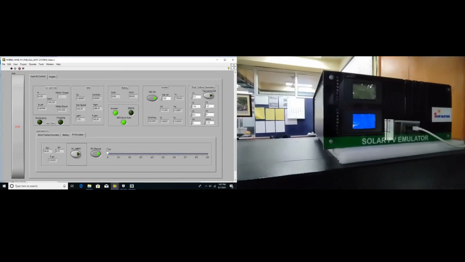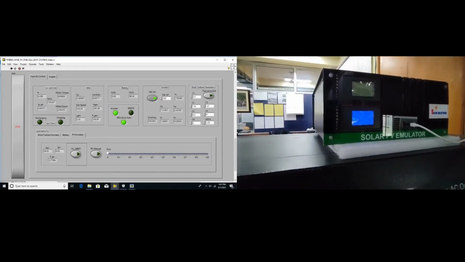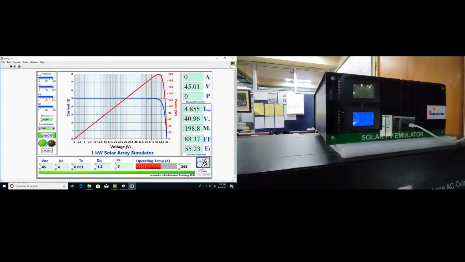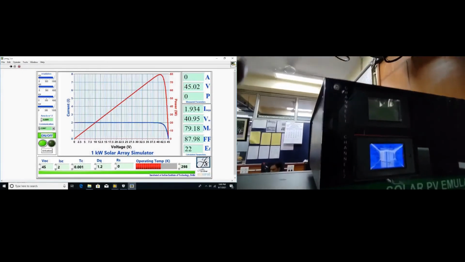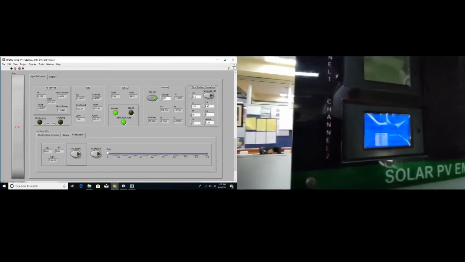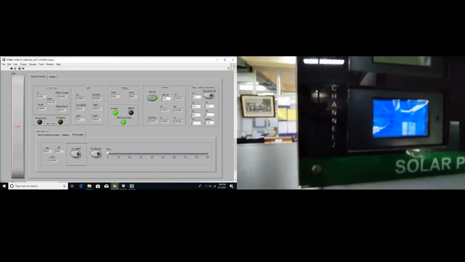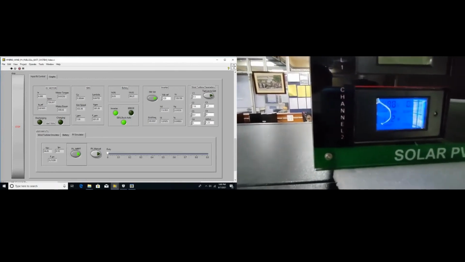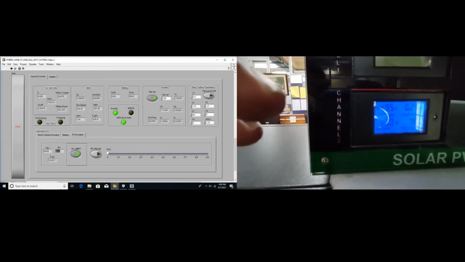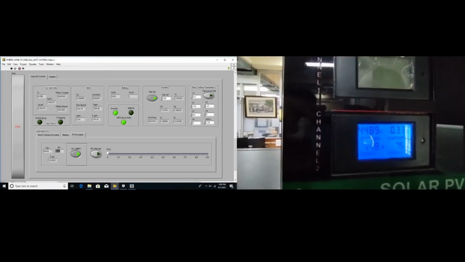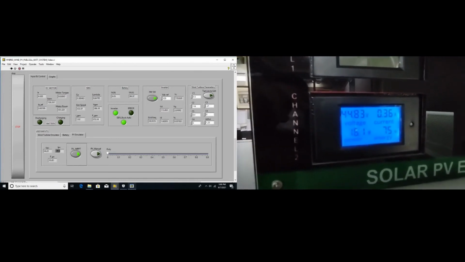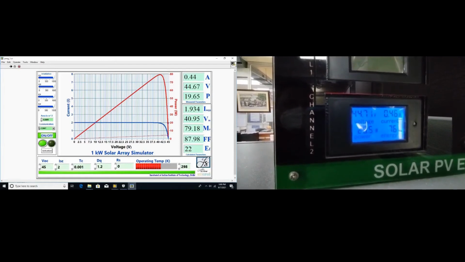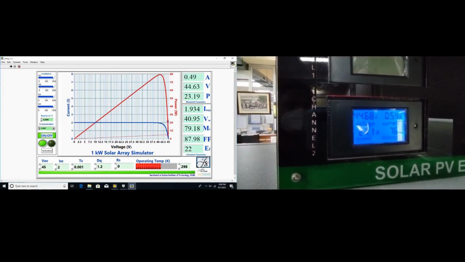There is one more way to operate the PV emulator by using the MPPT algorithm. To use the PV emulator in MPPT mode, we can switch on the PV MPPT switch. And as soon as we switch on the PV MPPT switch, the PV emulator will start generating the maximum power. We can see the operating point shifting towards the maximum peak in the PV emulator software.